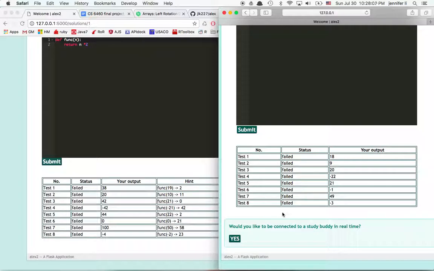Alex randomly selects a user who is currently stuck on a problem and asks whether he would like to be connected with a study buddy in real time. I have a randomized algorithm running in the background, but just for the sake of presentation, I use a really simple one: if the user ID multiplied by 3 equals 0 and that user is currently stuck on a problem,